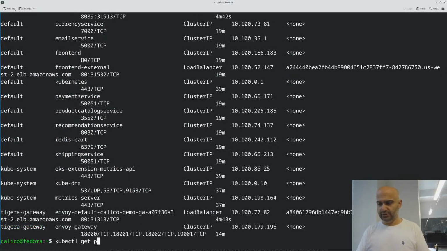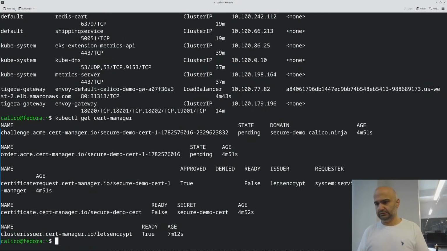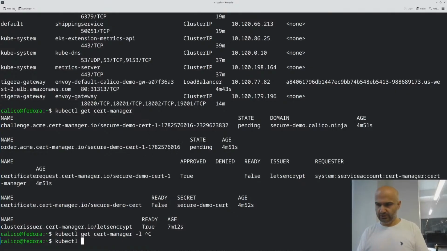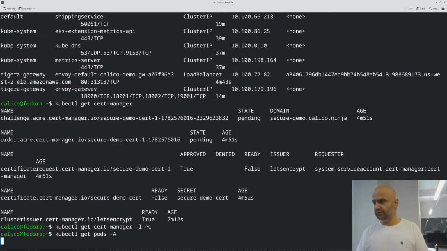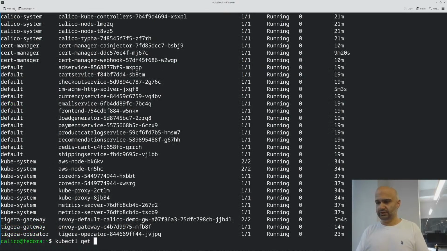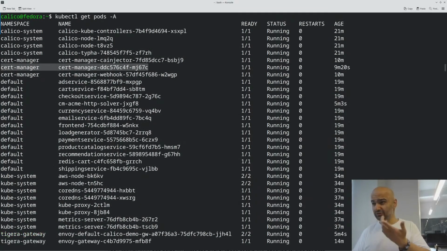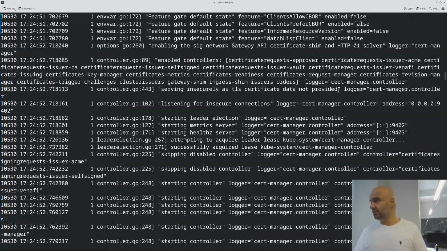So kubectl get cert manager. If you look at the cert manager, I believe it's right: kubectl get pods, kubectl get cert manager, kubectl logs. I want to check these logs. So if you look at the logs that this cert manager emits,